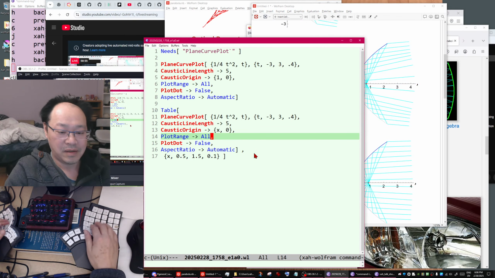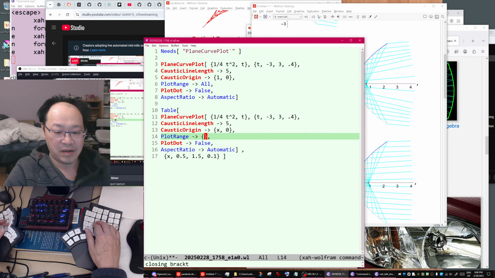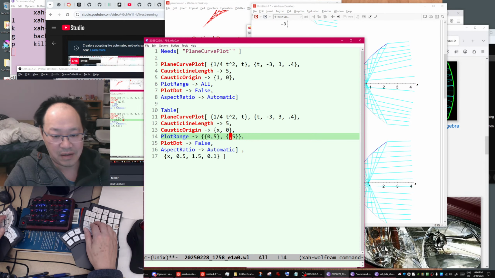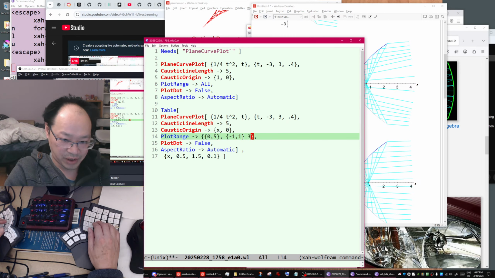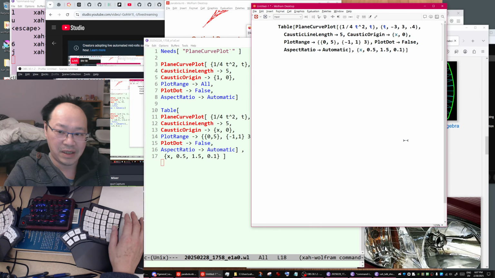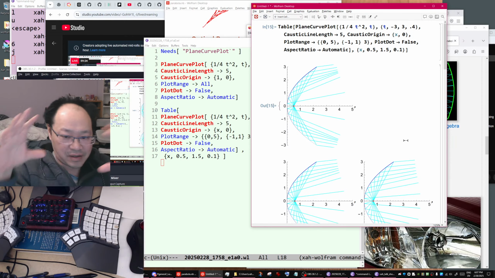Okay, so plot range 0 to 5, and the y-axis is -3 to 3. Okay, so copy that. That way we fix the frame so the graph doesn't jump around.